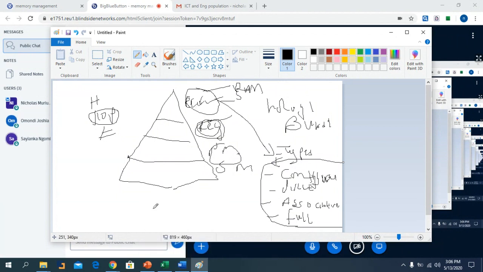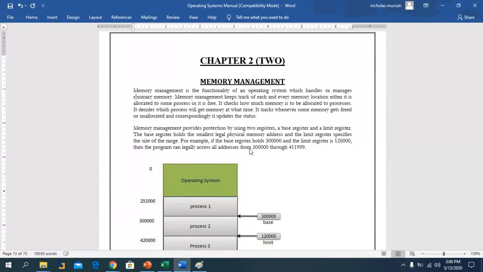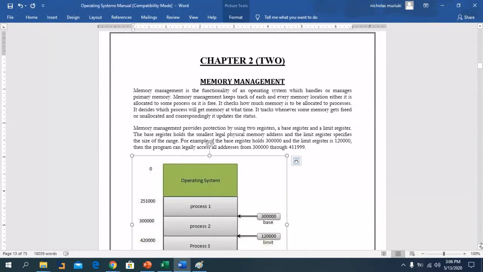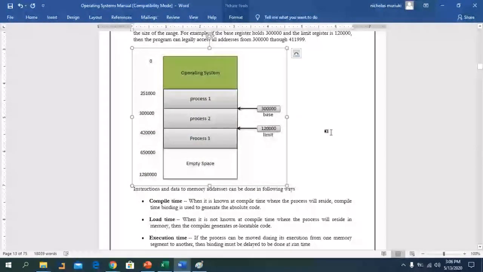So if you look at this pyramid, that is what you are looking at here, and we are saying it is mostly used to manage the primary memory. And when you're managing this primary memory, how will you be able to manage? That's why we now look at various functions of the memory. But before we go to that,